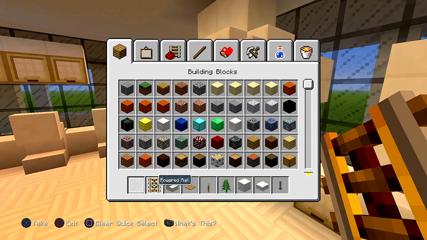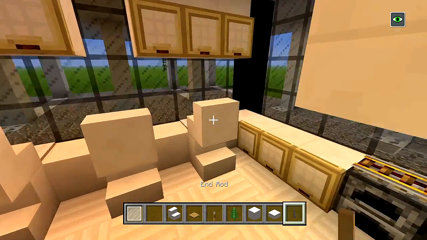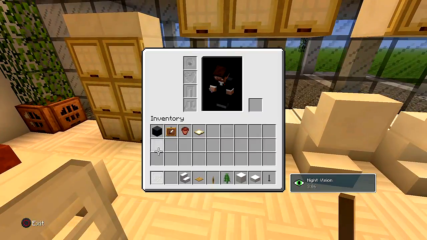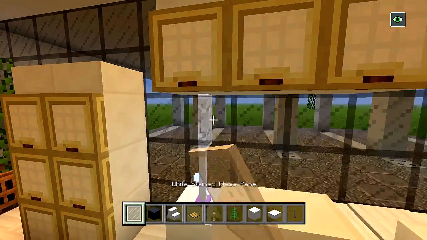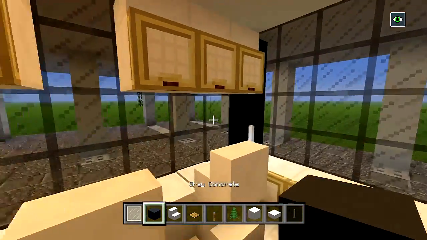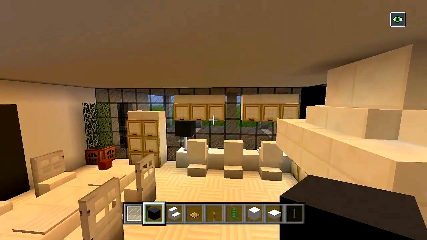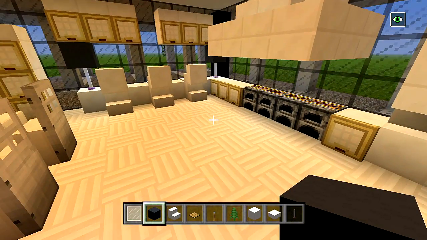So now we could actually get rid of that. Don't need that anymore. And let's go ahead and put an end rod here, and one over here. So this is going to give off extra light for the kitchen. And then, whoops. I guess you could put a glass block like that, but I'm going to have some blocks of gray concrete on top of these to act as lamps. Alright, now I believe all we have left to do is the